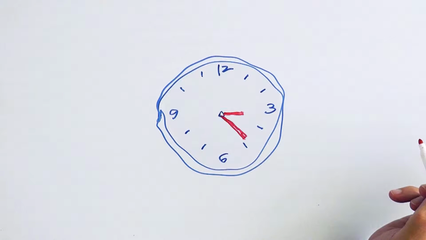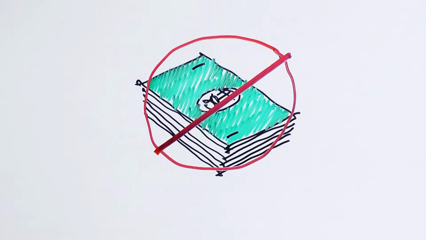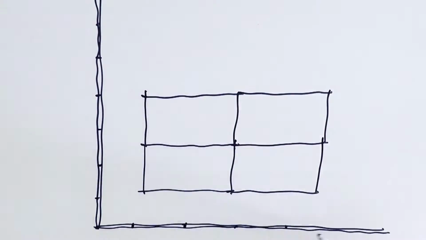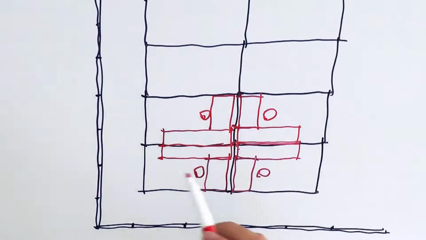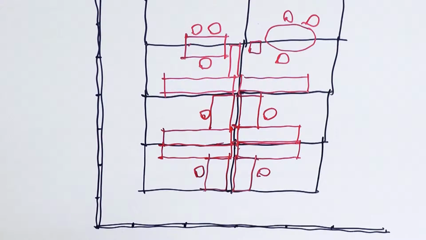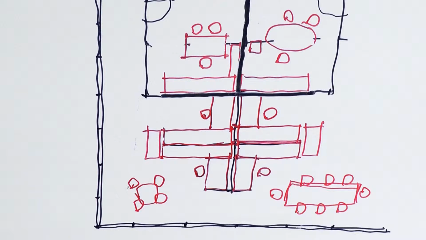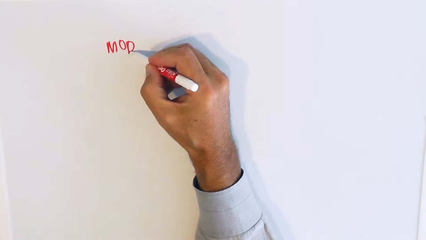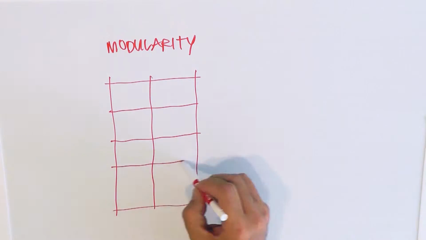Could we make physical change overnight at no cost to the company? That's the challenge. Could you do that? What if a person wants a private office today and an open office tomorrow? What if my team needs a bunch of private spaces? What if I could literally make those changes overnight? So that's really the story of modularity.